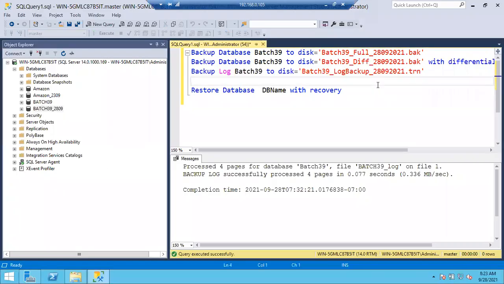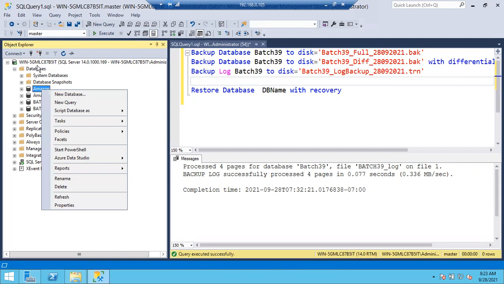So is it clear now how to restore the database? Everyone? Yes, sir. No issues, right? No doubts, no issues, no confusion, right? Fine. Okay, very good. Okay, so in the same way, if you want to see, standby also you can see.